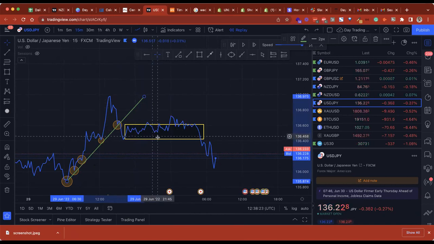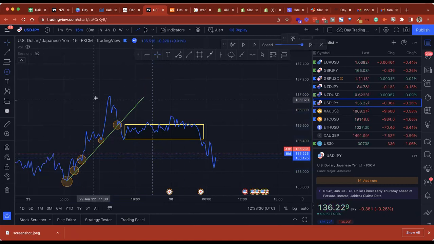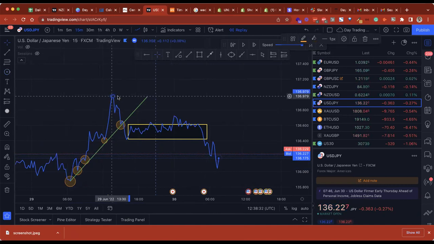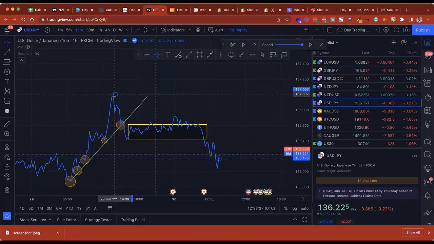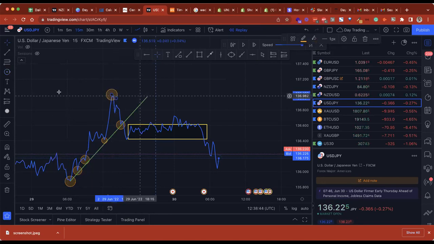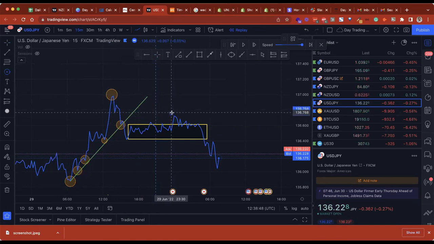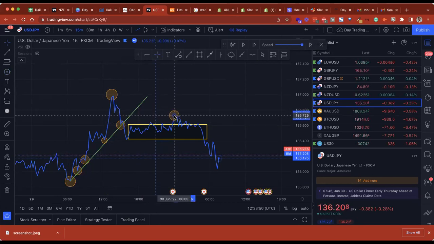You want to get a couple points. For example, here's another trend line that's building right now. Okay, so I'll show you. Go and get another circle. Here's a point. Okay, boom. That's a point. That's a point. Okay, and then if I connect those two,